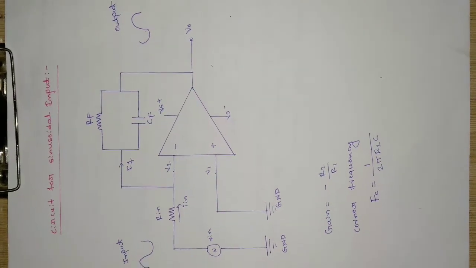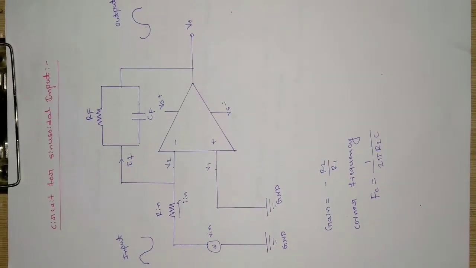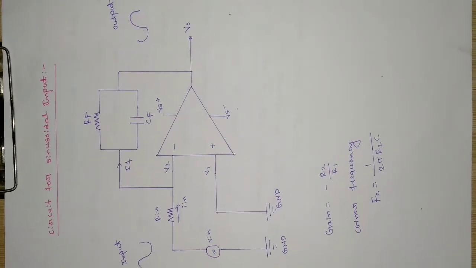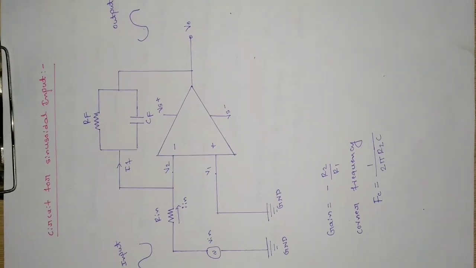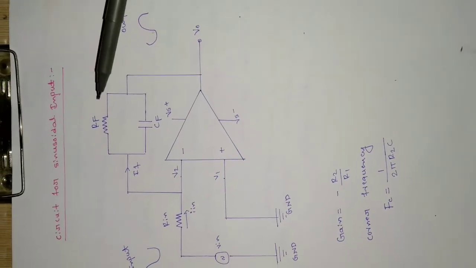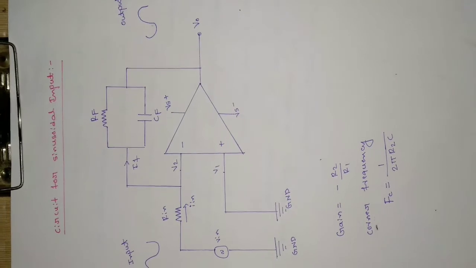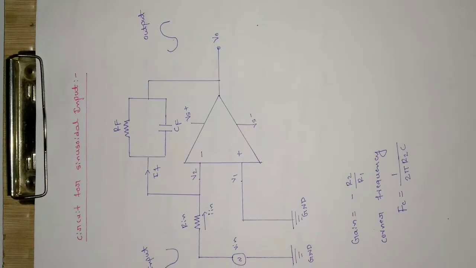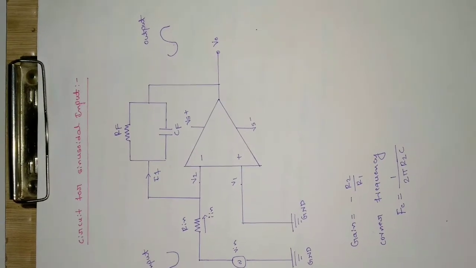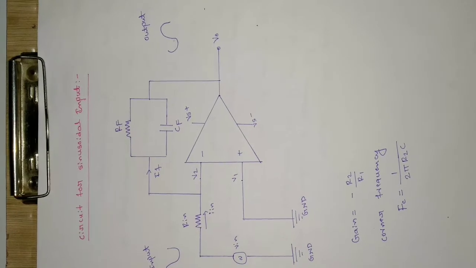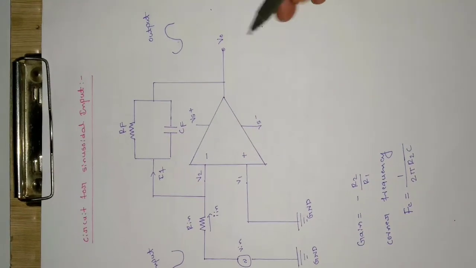But for the sinusoidal input, the case is somewhat different. What we have seen until now is the DC input. So what if we have an AC input, that is, the input contains both positive as well as negative cycles? In that case, we need to take one extra resistor, that is the feedback resistor RF. But as usual, the question arises why we should take RF. What is the harm in taking that one? Does it make any sense? Yes, it makes a lot of sense. So let me explain.